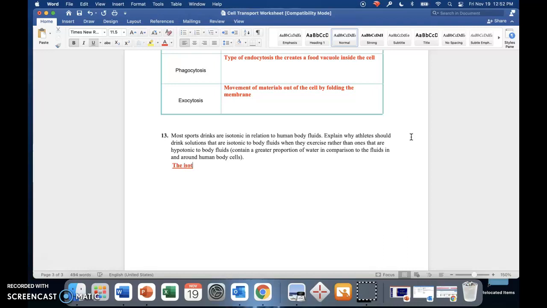The isotonic solution allows both water and nutrients to be replenished. Sorry, I don't know why that went up there, but it did. While hypotonic solution